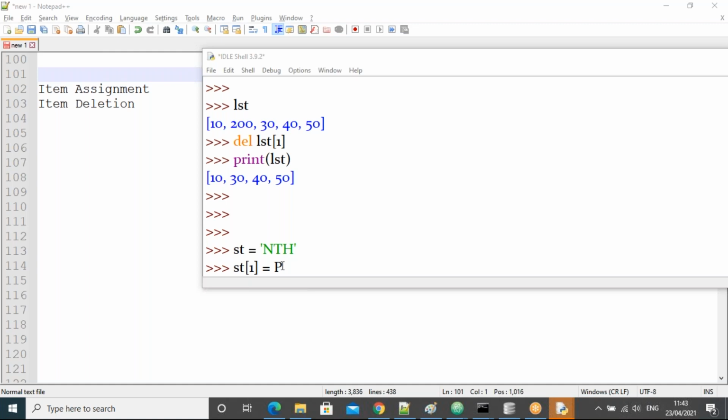Okay. What is the error and why that error, guys? Let me know. What is the error and the reason for the error?